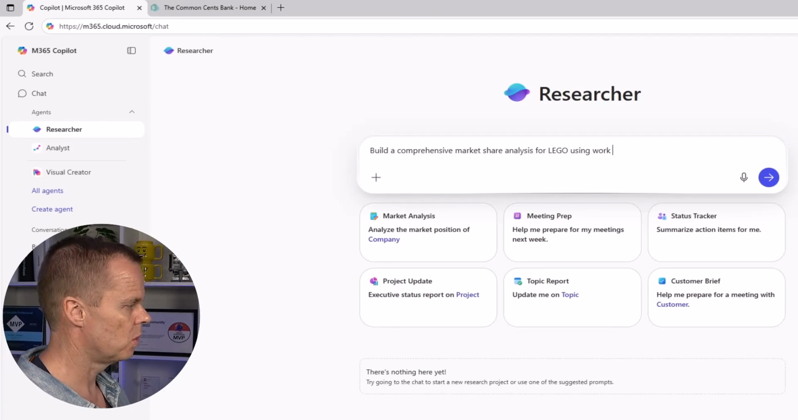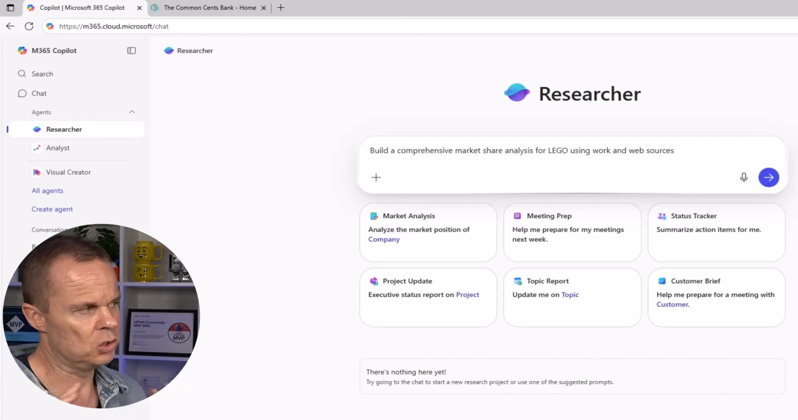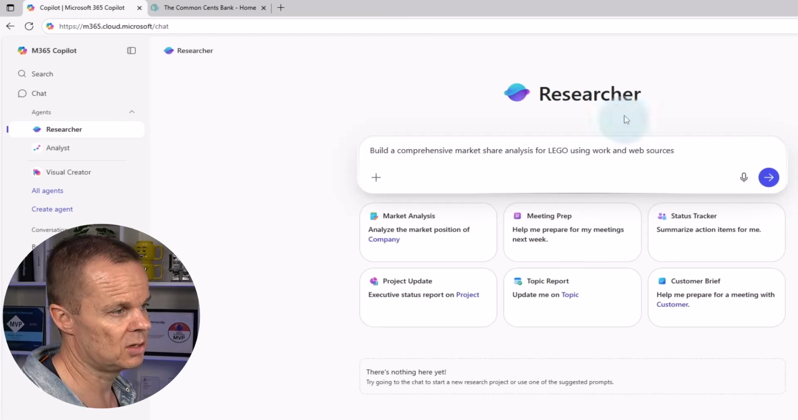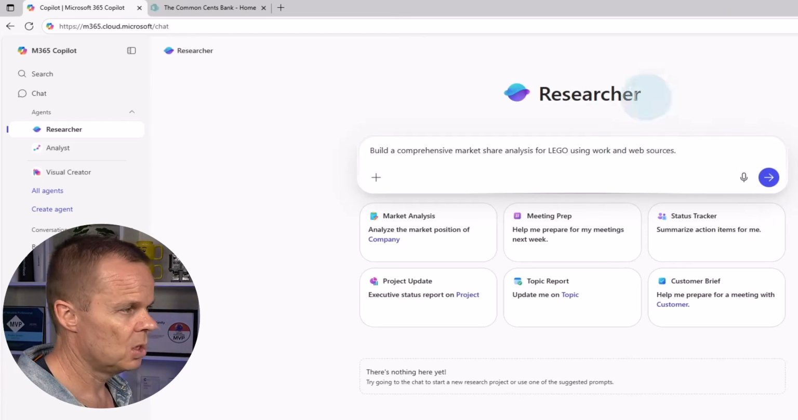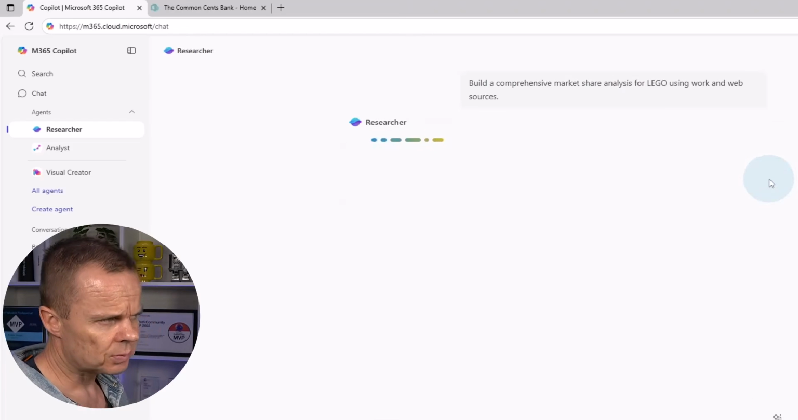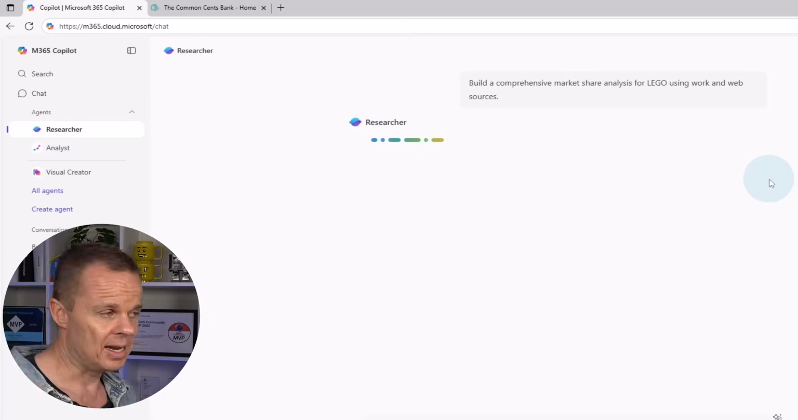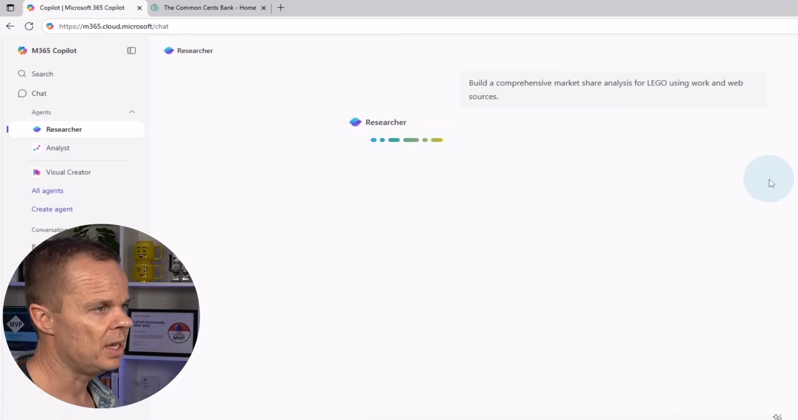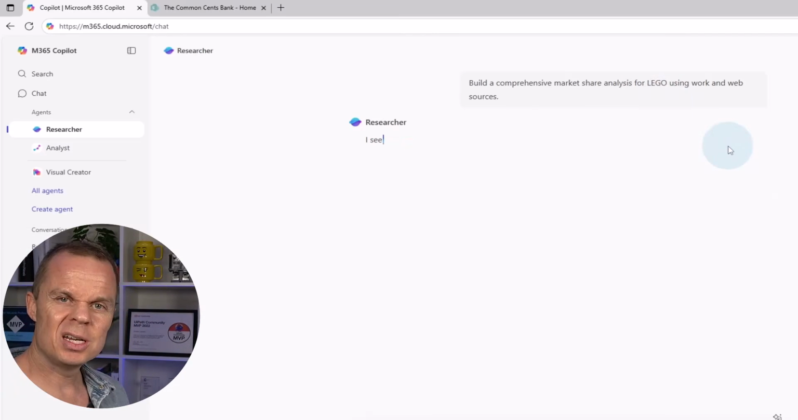If I say using work and web sources, then it will use both internal and external sources. If I only wanted web, then I should exclude the work here, of course. So what I do here is to send it. Now the researcher will most likely ask me follow-up questions to refine this analysis, so it makes sure that we